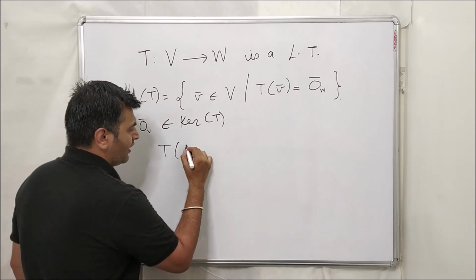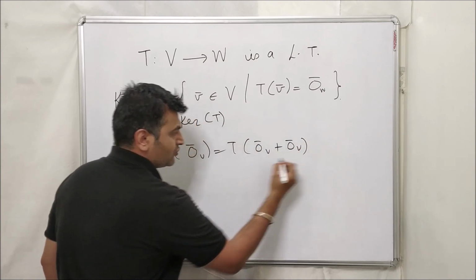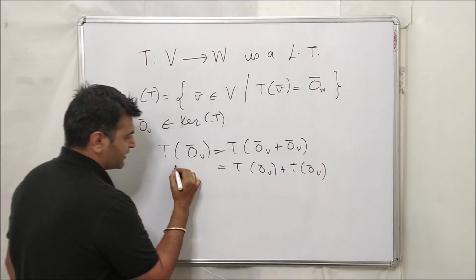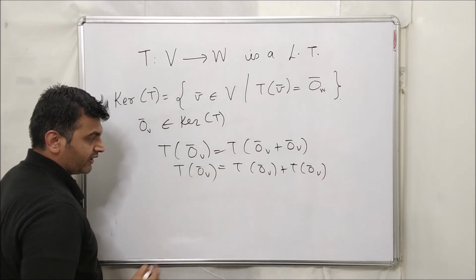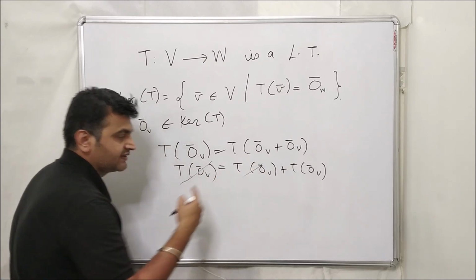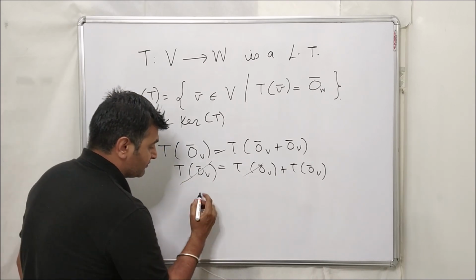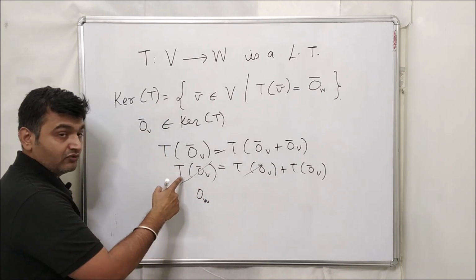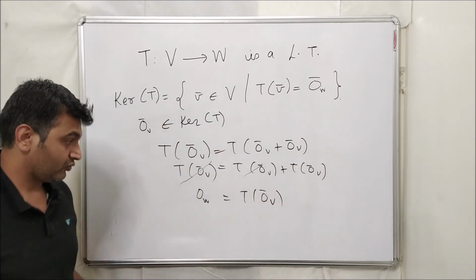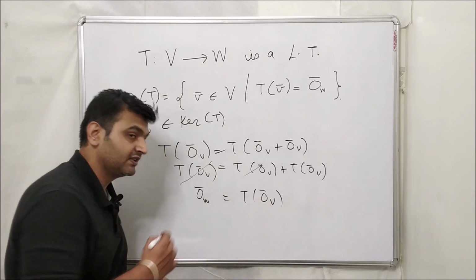The proof is quite easy. It's just a smart adjustment that we do. I can write 0 as 0 plus 0. And now since T is a linear map, T will come inside, because T preserves linear combinations. Now you subtract, or rather you add minus T of 0 to both sides. So this will become 0 in W, because I'm on the image side, and this is T of 0 of V. So under T, the 0 of the vector space V goes to the 0 of the vector space W.